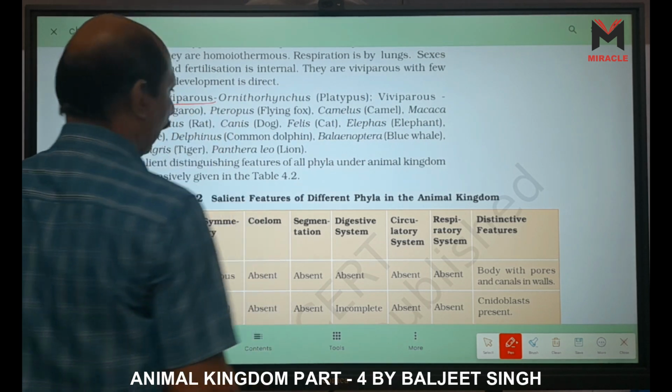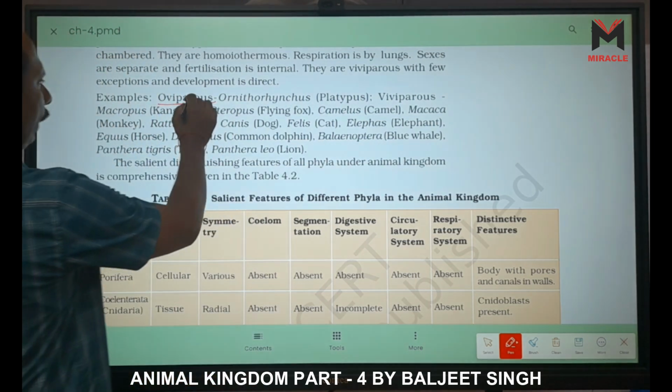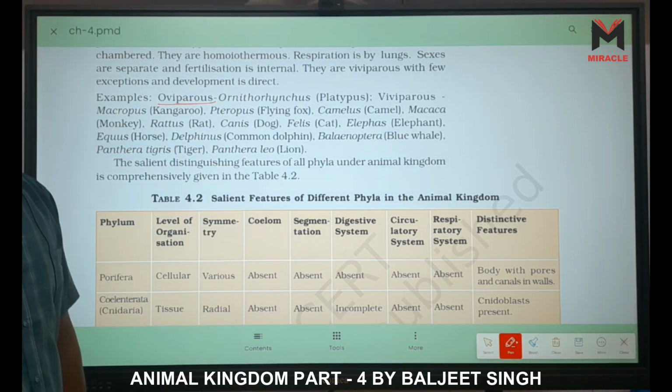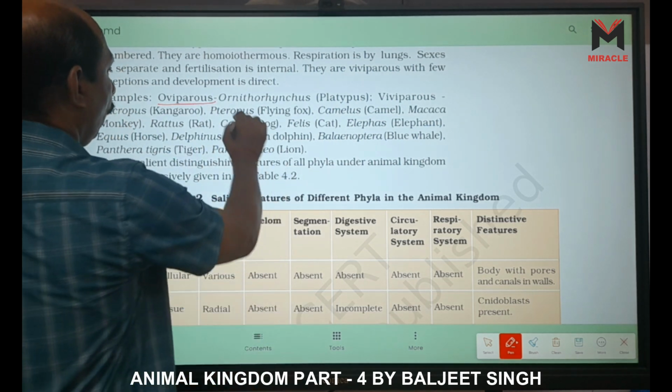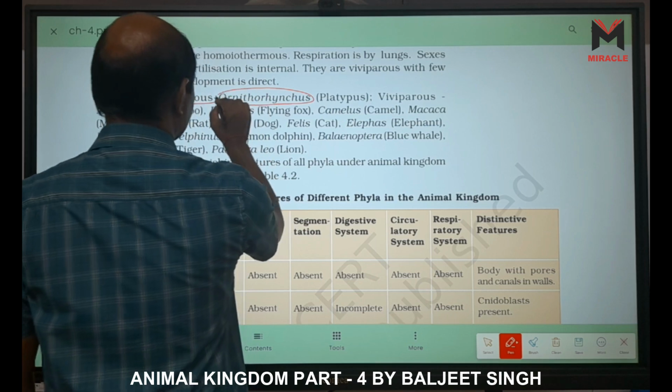Oviparous means egg-laying. So egg-laying means which one? It belongs to which class? It belongs to which subclass? It belongs to Prototheria. For example, Ornithorhynchus